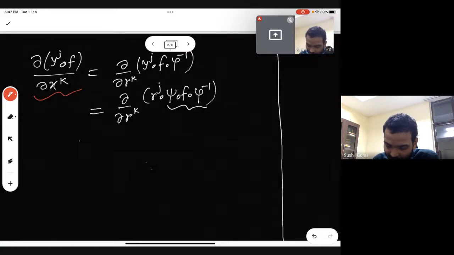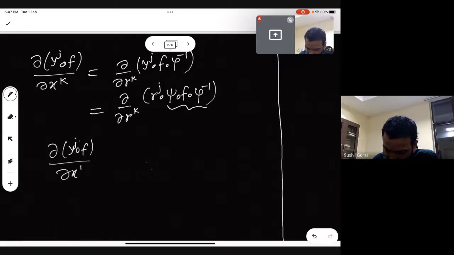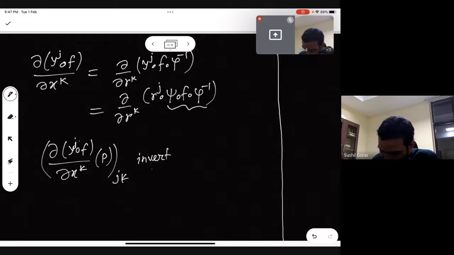So what it gives is that del yj compose f by del xk at p, the jk matrix, is invertible. This implies